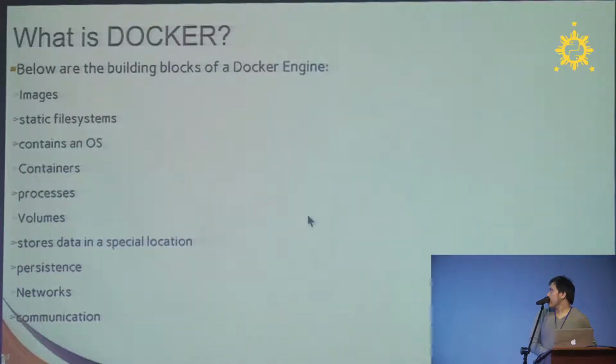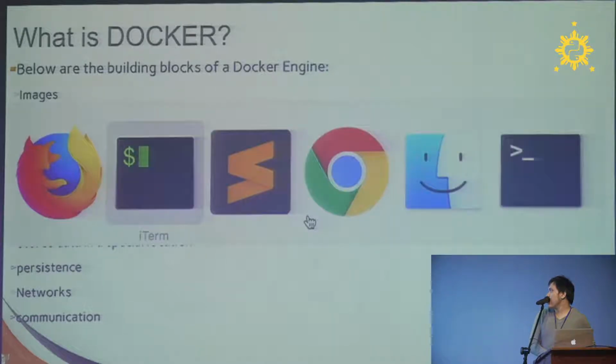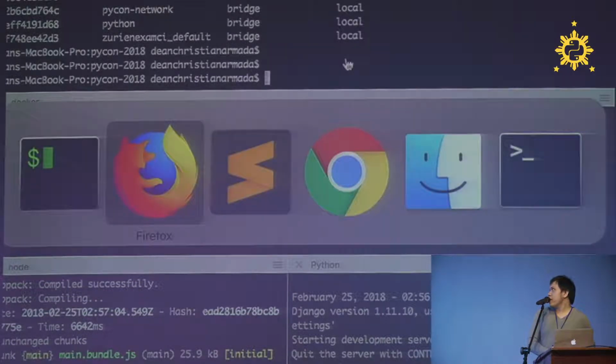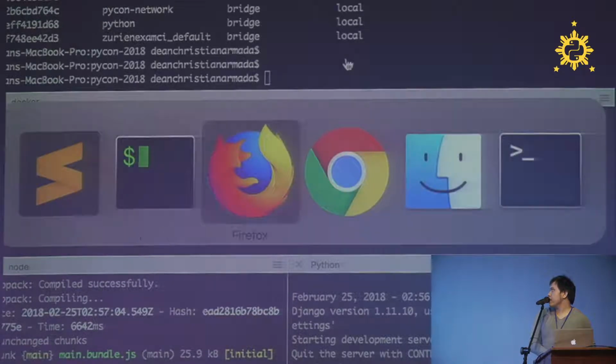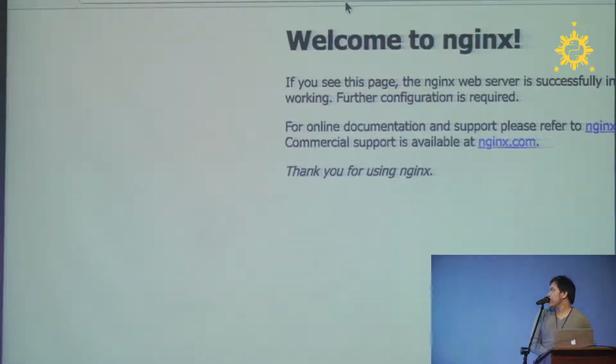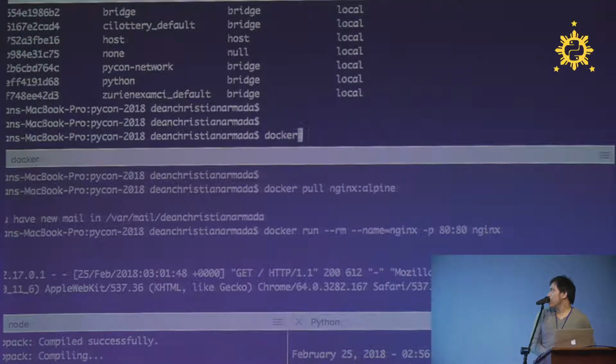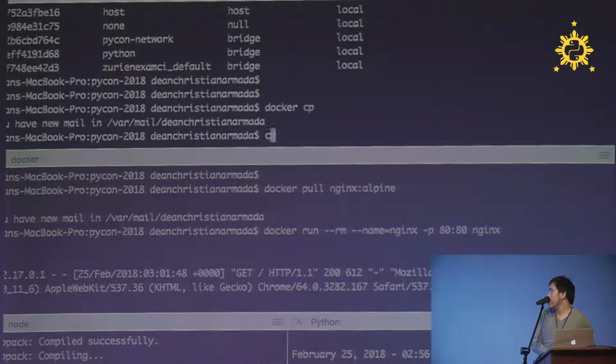Okay, so that's for containers. Now let's proceed to volumes. Just to make it clear, a container is not persistent. So if I try to change the index.html that is being rendered by this port 80 in the nginx file, let's make it quick. Let's just use docker cp. Yeah, this docker cp. So I have already